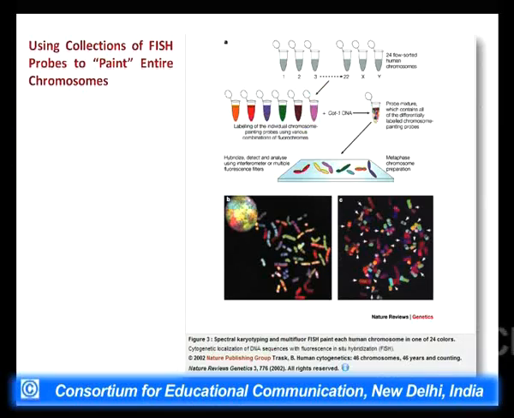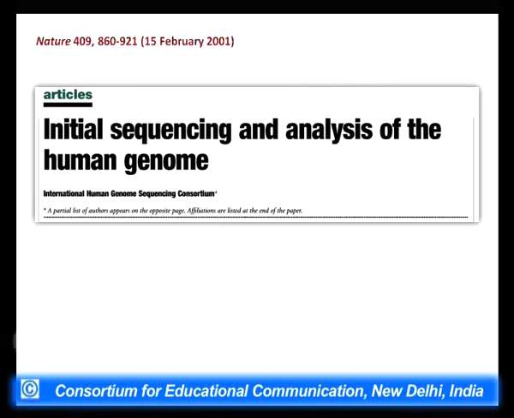Now, scientists have been very innovative, in which they have subsequently painted the entire chromosome. So all the 24 sets of the chromosomes have been painted in different colors. So recombinant DNA technology and these advanced technologies are bringing inventions and innovations from a completely different perspective. To end the presentation, I will just focus on two of the major projects which were completed in this